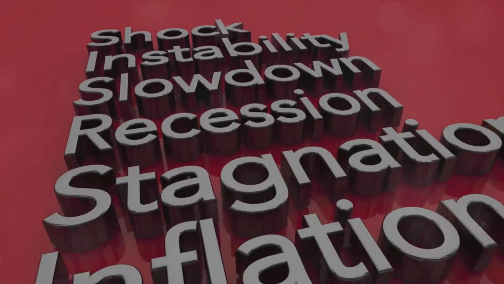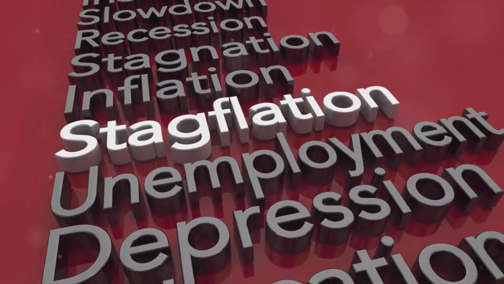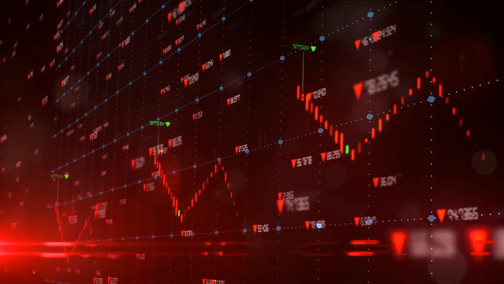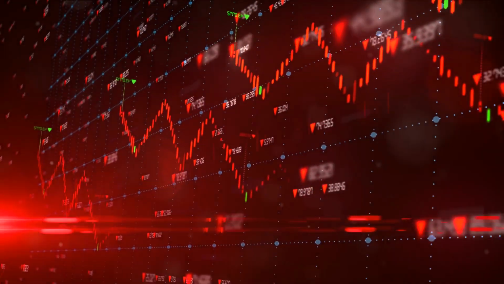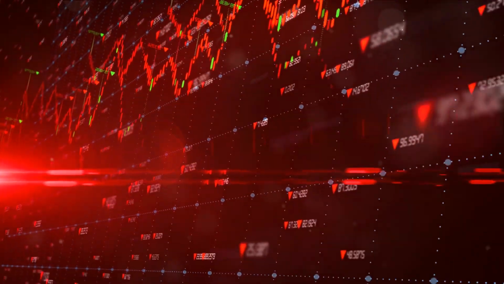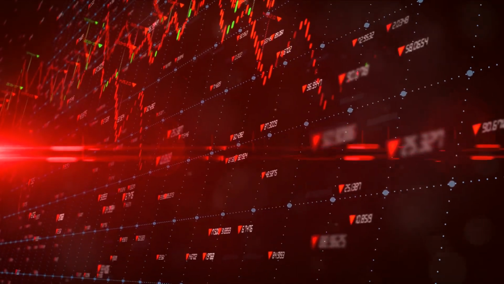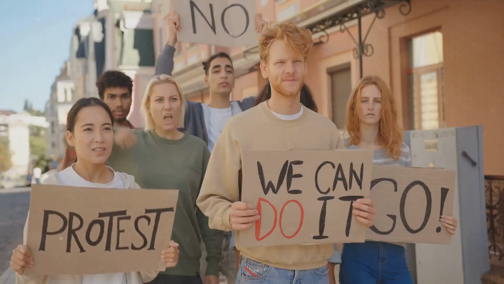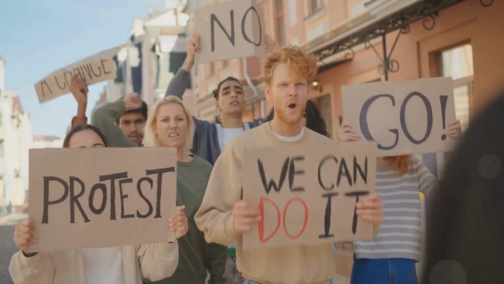While it may sound simple, demand-driven recessions can be complex and challenging to navigate. Policymakers must strike a delicate balance, stimulating demand without causing inflation to skyrocket. It's like trying to reignite the party without letting it get out of hand. So why do demand-driven recessions matter?